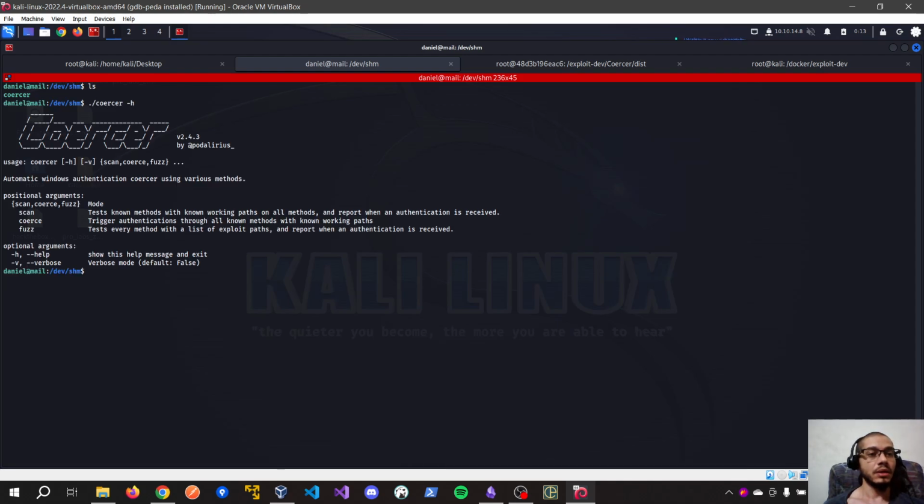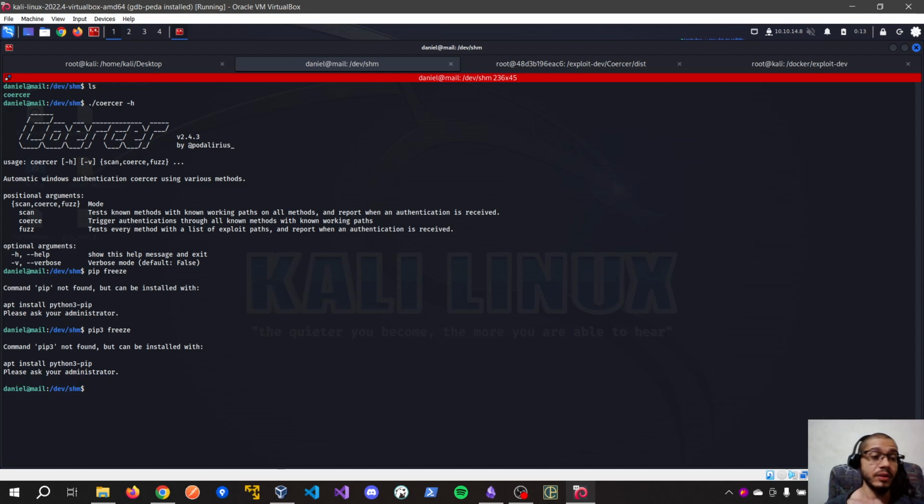And now we are executing a Python tool without installing anything. We can see using the pip command here. We don't even have pip3. Let's see.